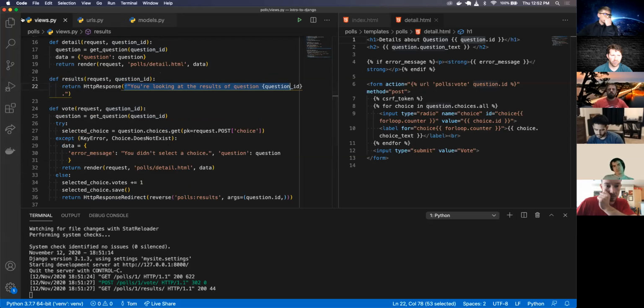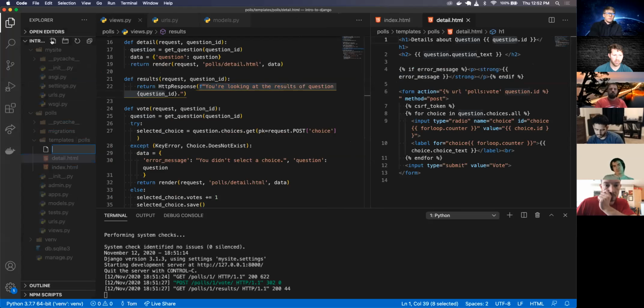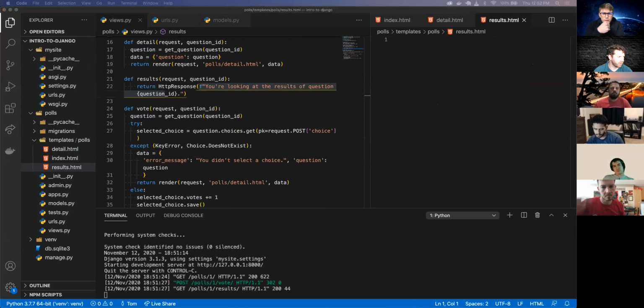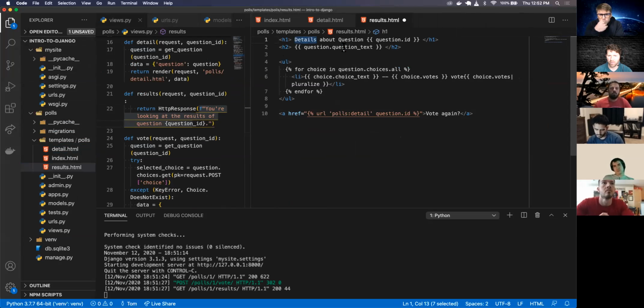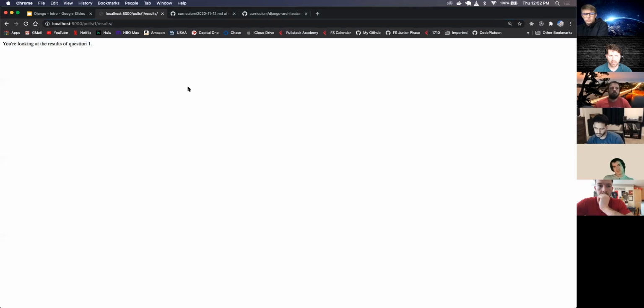But now I actually want to, instead of index and detail, create another template called results.html. It grabs the question text, and it looks through all the choices, and it grabs the choice text and the number of votes for that question. And then I've also got a vote again that redirects me to the polls/detail page. So if I refresh that,